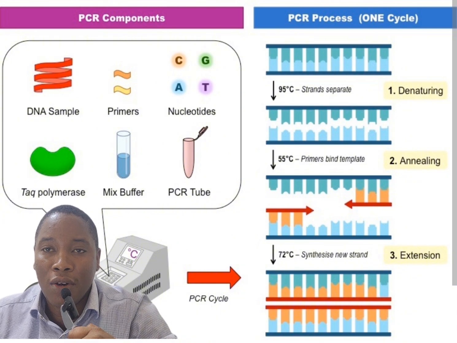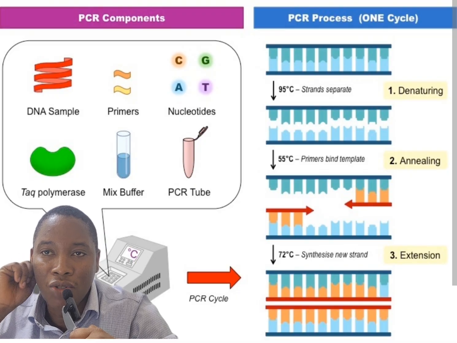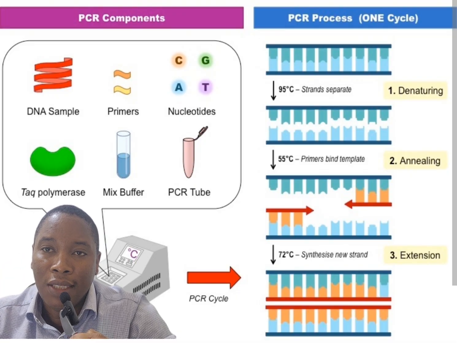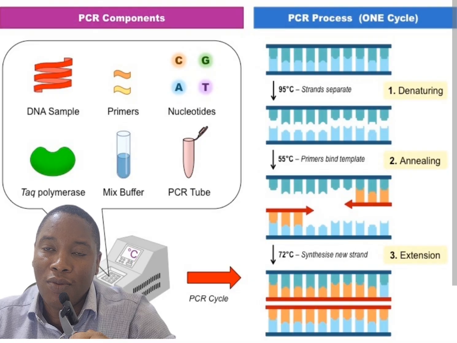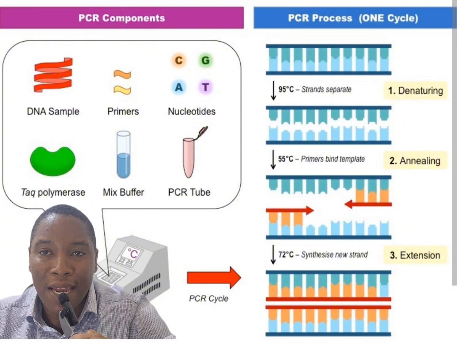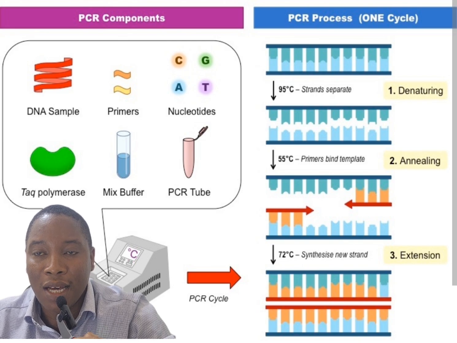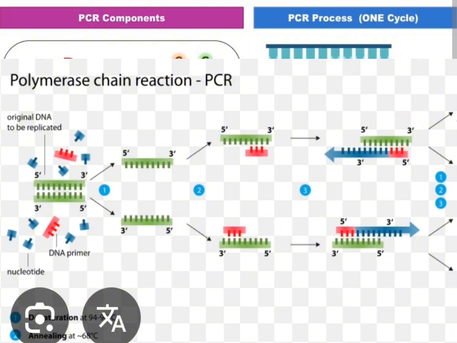We know that DNA is a double stranded helical structure, a double stranded helix. So we want to denature it, meaning we want to separate that double strand into single strands. Now we have the area that we're interested in, the gene we're interested in, the sequence we're interested in. We refer to that as the template DNA. That is the area that we want to make many copies of. So when we denature the DNA, the next thing that we do is that we anneal the